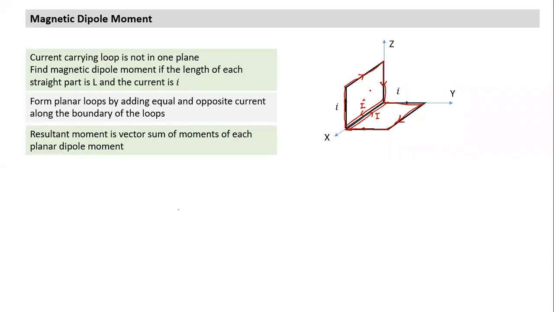So can we find the magnetic dipole moment of each of the square loops in vector form? Which direction will it point to? J cap plus K cap. Is it plus K cap or minus K cap? So let's look at this. Which direction is this loop? If I bend my fingers downwards, with my palm here and fingers going down, the thumb will point towards the left in this case.